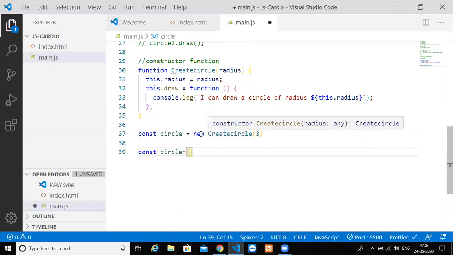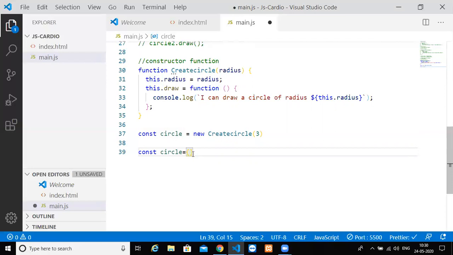The new keyword will do three different things for me. The first thing is that it will create an empty object. The second is that it will make this point to that object, so whatever properties we have defined inside the constructor function will be created as properties inside this particular object.